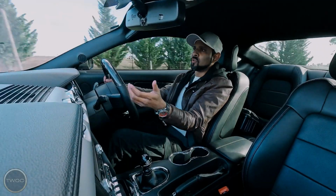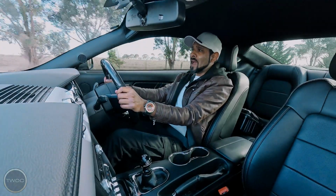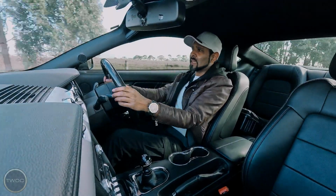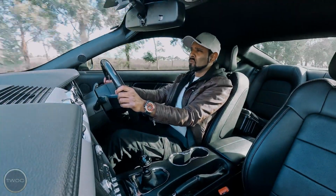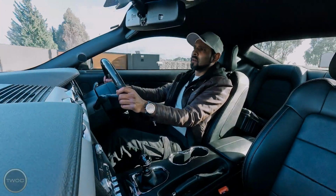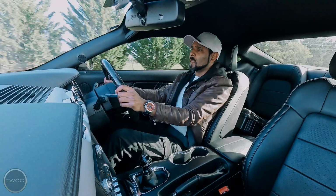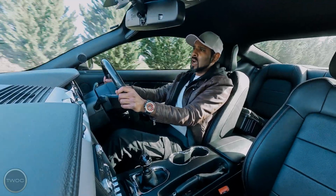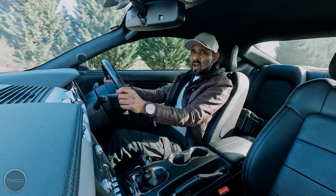All that power gets just transferred into the wheel spinning. Now, if you do stick drag radials on the back, tires that are a stickier compound, then there is a good chance that you might break these because they're not really rated to take this much power. So if that's your thing, I suggest getting some upgraded half shafts, and the aftermarket's full of those. But for someone that's using this car on the weekends for some spirited driving, running this on standard tires, these